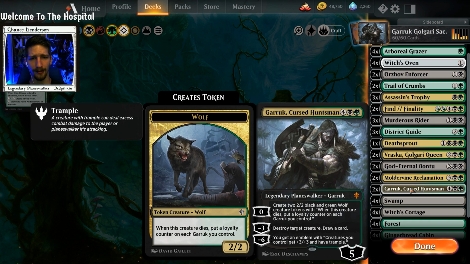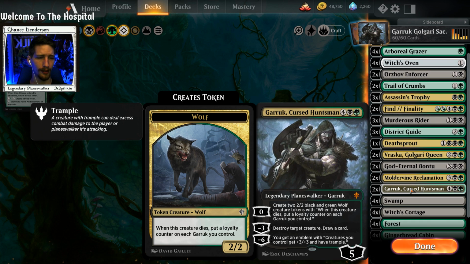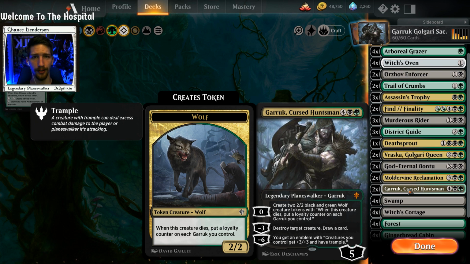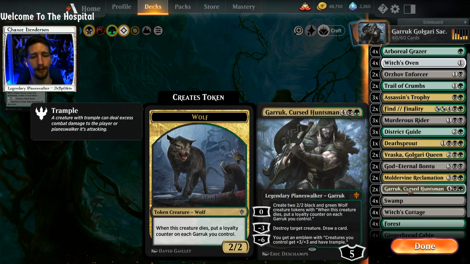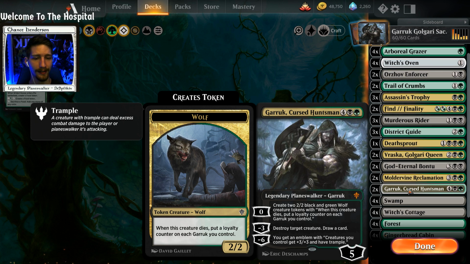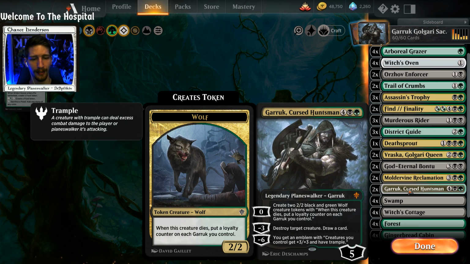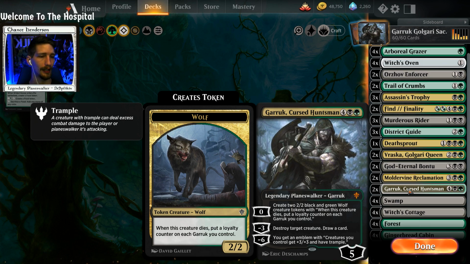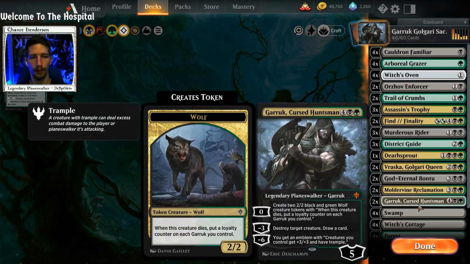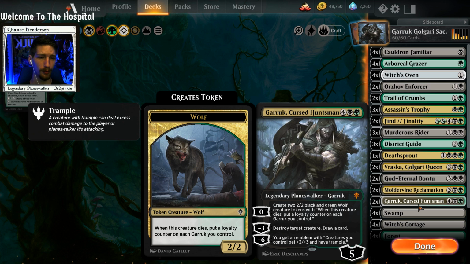And then last but not least, we do have Garruk, whatever you want to call him, the Cursed Huntsman himself. He's going to be able to create 2 more creatures to swing in or to sacrifice, whatever it may be. We have the ability to destroy target creature and draw a card, which is super fantastic. And then finally, we have an emblem that can give all of our creatures +3/+3 and trample, which, honestly, you're going to be controlling your opponent throughout most of the game anyways, so if you get the emblem down,